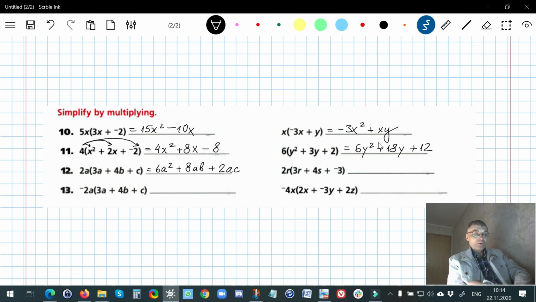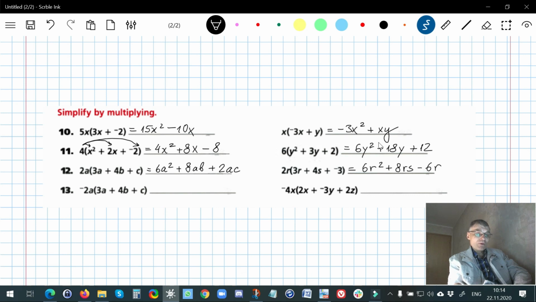2 times 3 gives me 6. r by r gives me r squared. The second term is 8rs. And the last one is negative 6